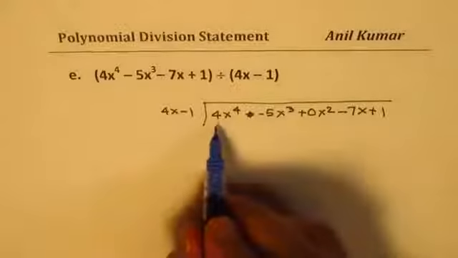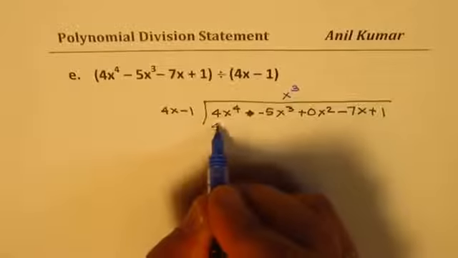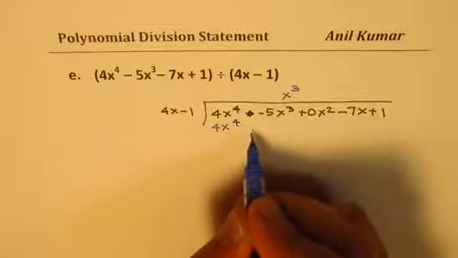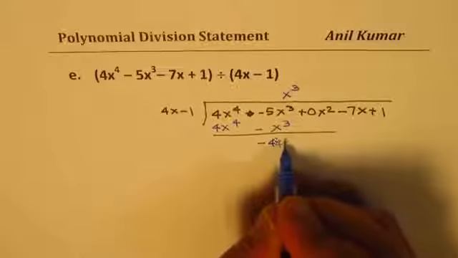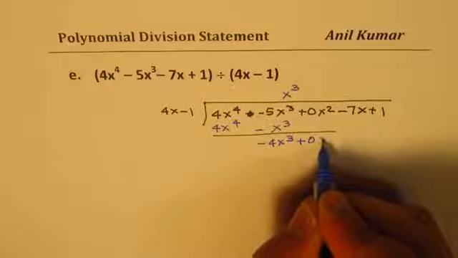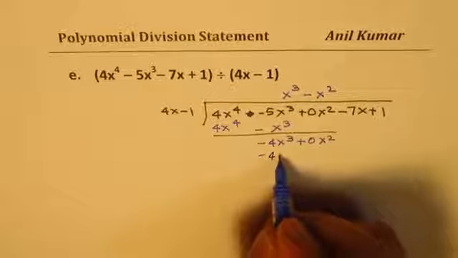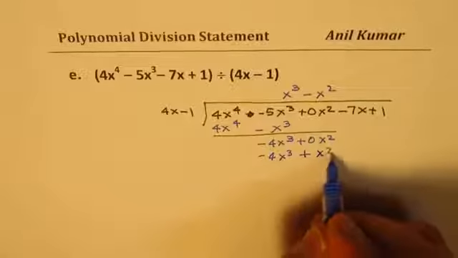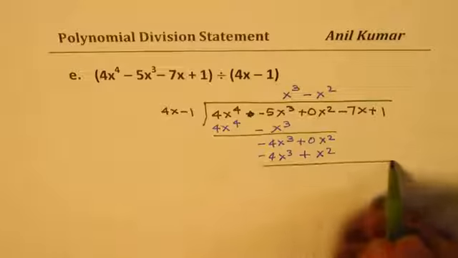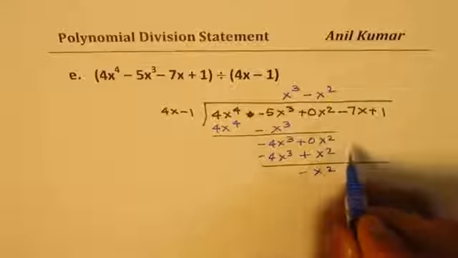Now let's divide. So we need 4x to the power of 4. We'll use two terms. We'll multiply by x cubed. So we get 4x to the power of 4 minus x cubed here, right? So when you divide, take away, you get minus 4x cube here plus 0x square. Now it goes x square times, you get minus 4x cube minus, and minus becomes plus x square. So when you take away, these terms cancel, you get minus x square here and minus 7x